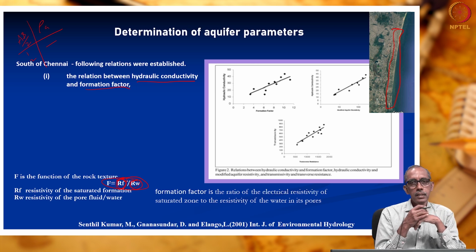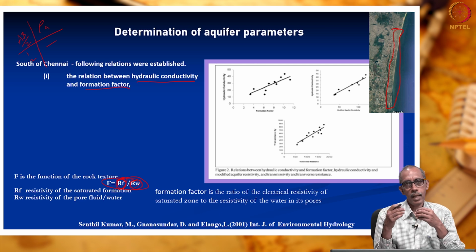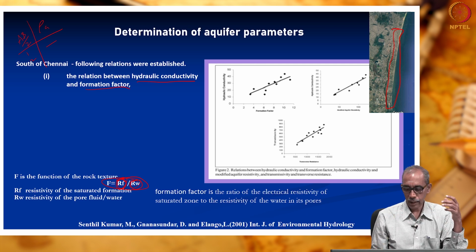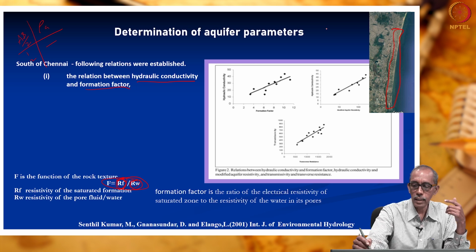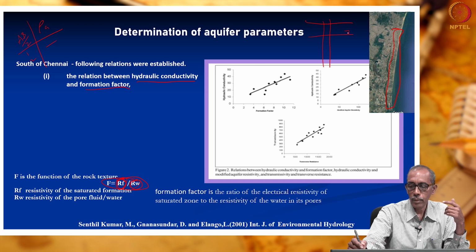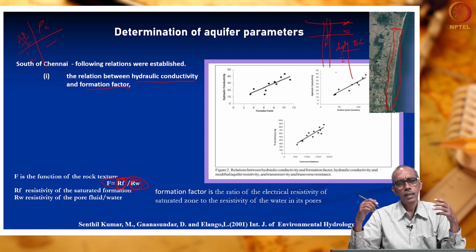How can we determine the resistivity of the water? We can take the sample of water and carry out the electrical conductivity measurement, or as I told you previously, there can be a well existing in the region. There may be a well, this is the ground surface, this is the water table, right. We may deploy a conductivity meter. We can arrive at the data of depth versus electrical conductivity, maybe 1 meter, 1.5, 2 and so on. So, at different depths we can measure the electrical conductivity.